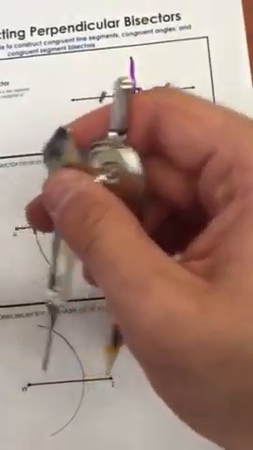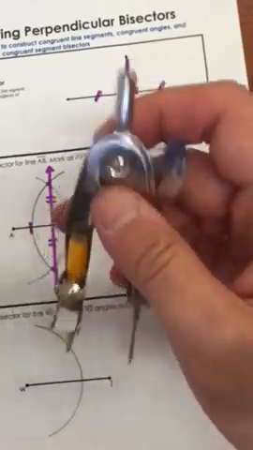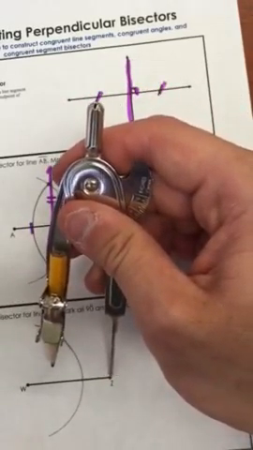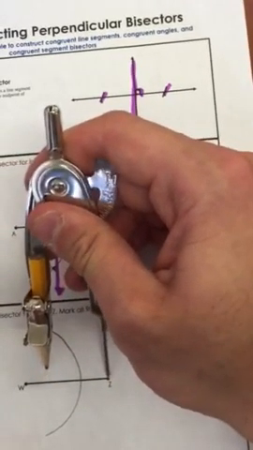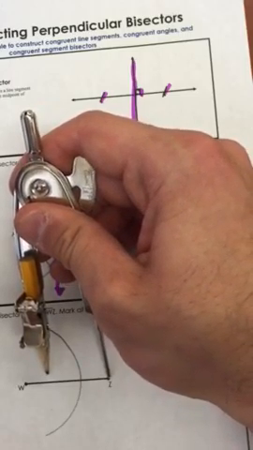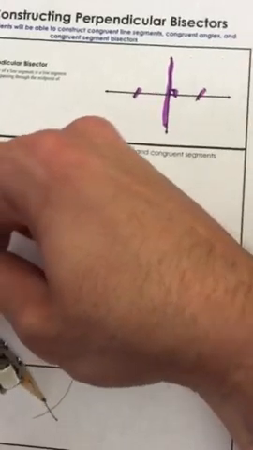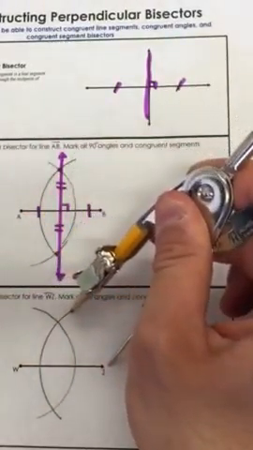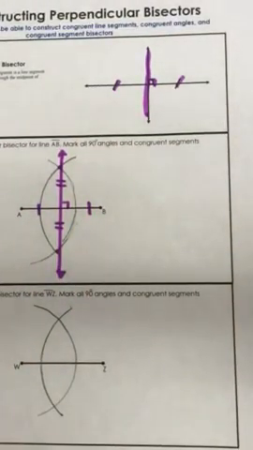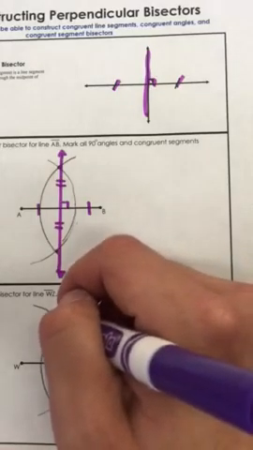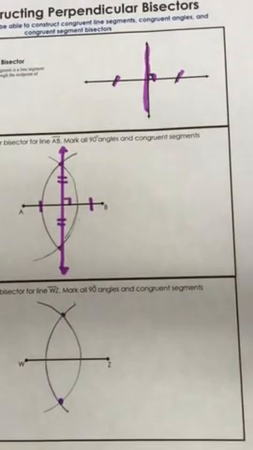Then you take your compass, you lift it up, you're gonna switch it to the other endpoint, right here. You're gonna do the same thing. So we're gonna open up to a little more than half, all right? It's gonna stay the same actually. And what you're gonna do is like so, all right? You have these 2 points of intersection, okay? You take out a ruler,